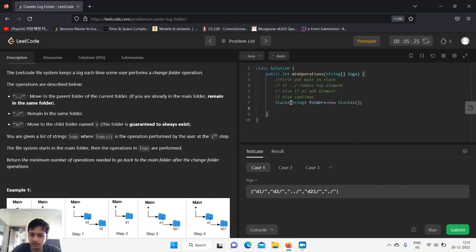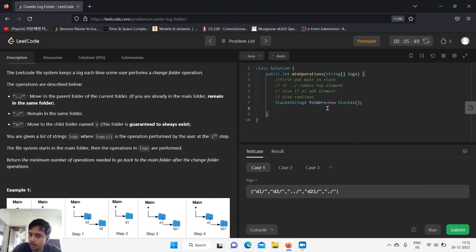Okay, let's move ahead. In queues the syntax is something like Queue of String folders equals new LinkedList, which is the linked list implementation of queues. But in stack you can directly give Stack. Okay, so stack, then